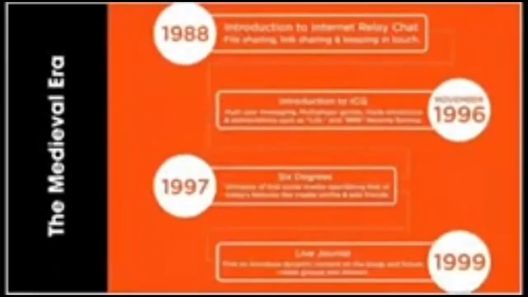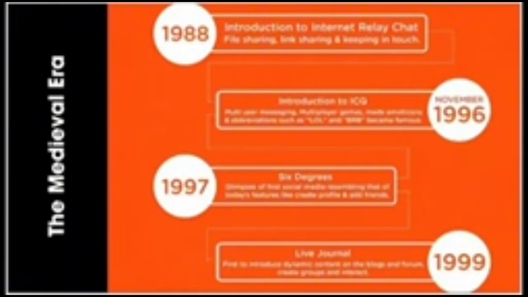Now let's move on to the medieval era. In 1988, the introduction of Internet Relay Chat. You are able to do file sharing, link sharing, and keeping in touch. Second, November 1999, the introduction of ICQ. So you are able to do multi-user messaging, multiplayer games, and emoticons and abbreviations such as LOL and BRB became